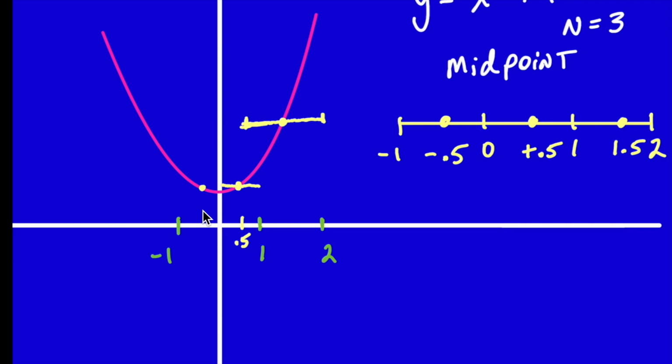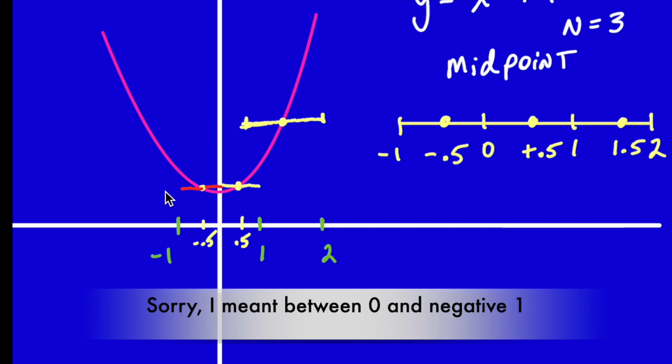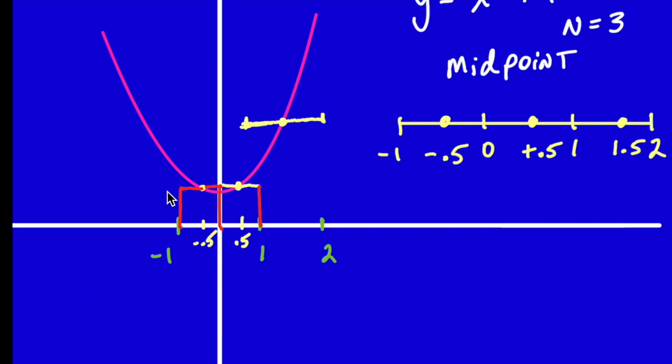Next, I'm going to go to this midpoint at -0.5, and let me do a different color. I'm going to go to the right until I reach the 0, because this -0.5 is between 0 and -1, and then I'm going to do a left horizontal line until I get to that -1. Then I'm going to go ahead and draw my rectangles,